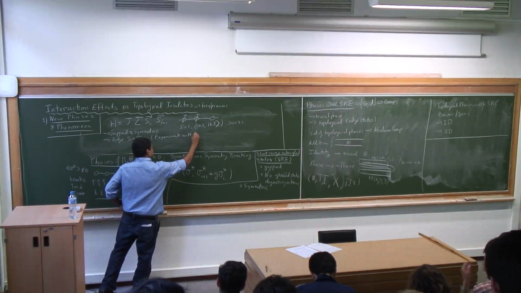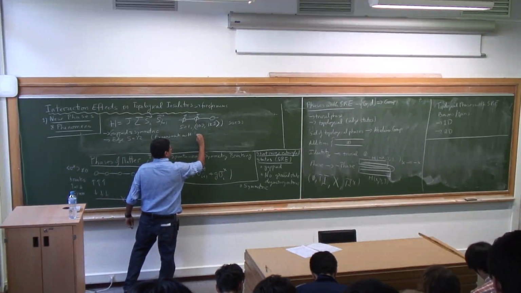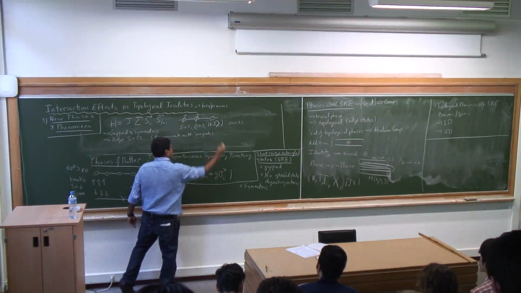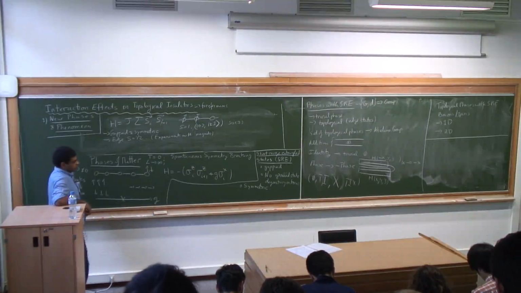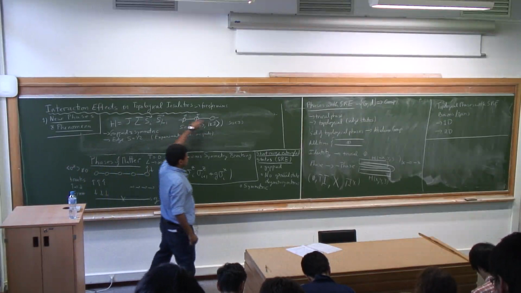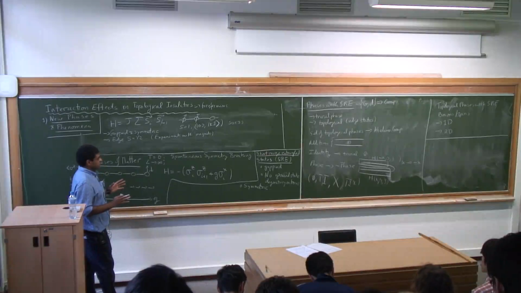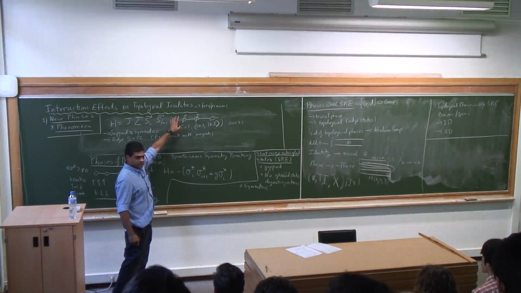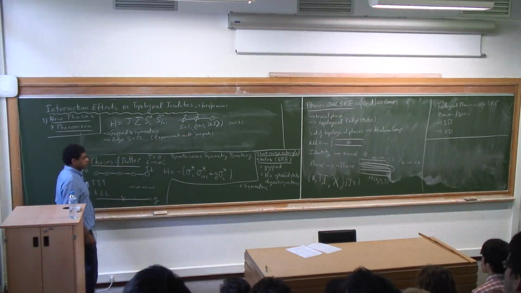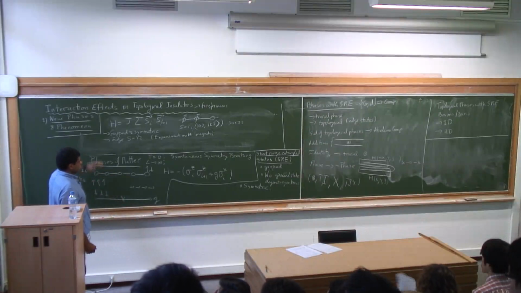It was observed on some nickel-based magnets. Nickel is usually spin 1. I'll try to give the exact reference in the lecture notes. One way they see it is they put in zinc impurities, which takes a single long chain and breaks it up into little segments of spin 1 chains. Then you see that there's a contribution to the specific heat and to the magnetic susceptibility from these spin-1/2s that appear at the edges. The contribution grows the more impurities you have because you have more of these chains. So this is one example that is very naturally realized.